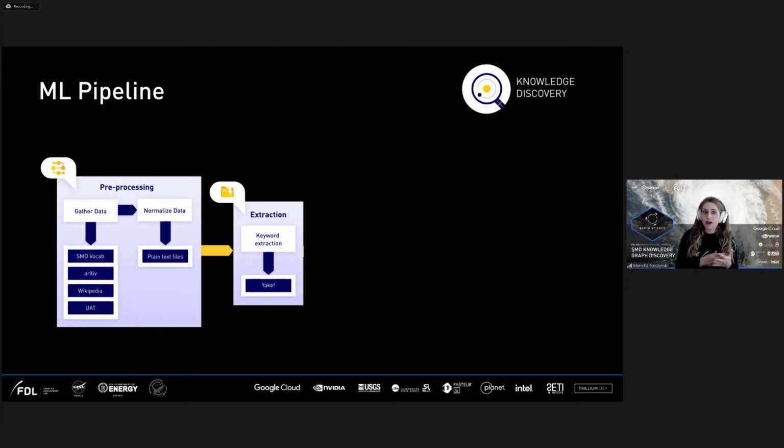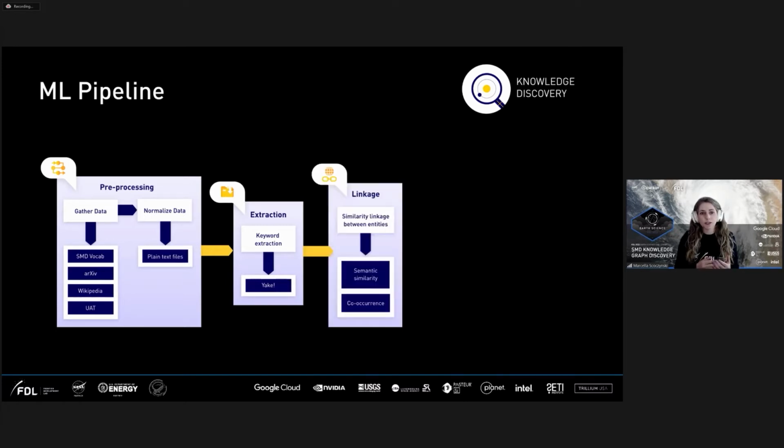From this data, our approach automatically extracted some terms and keywords from these domains using tools such as YAKE. We then connected the extracted words, creating a knowledge graph, which is a treasure map for us researchers. These words are connected using edges, and the linkage has been experimented with semantic similarity and co-occurrence.